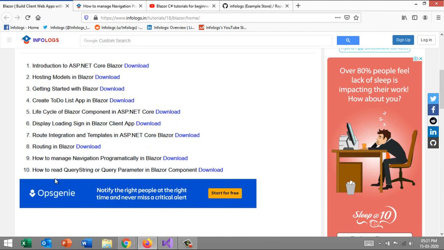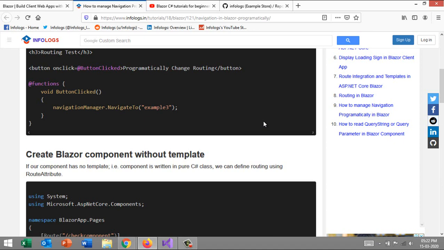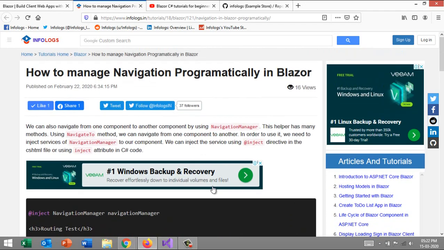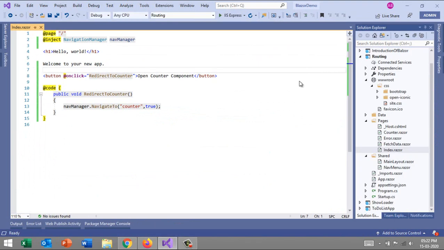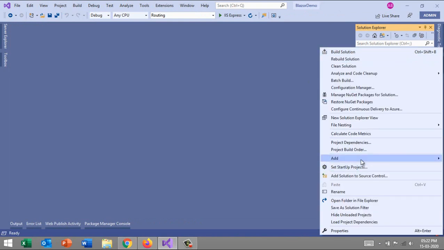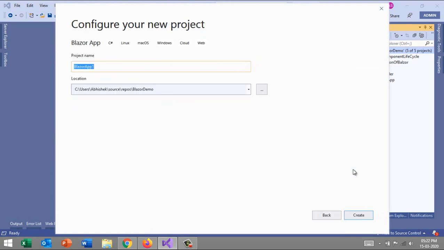So here we'll talk about how we manage navigation programmatically in Blazor. Also we'll talk about how we can create a component without using a template, or we can say the .razor file. For this I'm going to create a new project. Yes, this is the important one. So let me stop this Visual Studio and stop all this stuff, and now I'll go ahead and use the new project, Blazor, dynamic component.